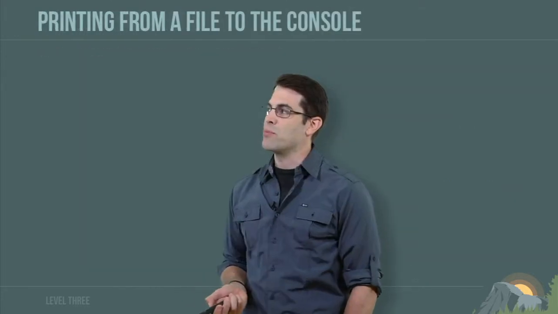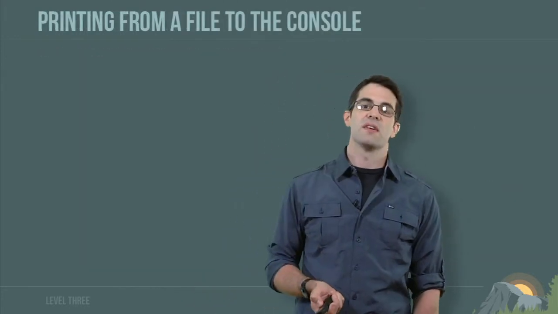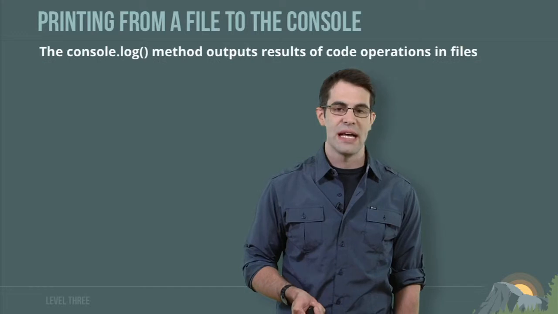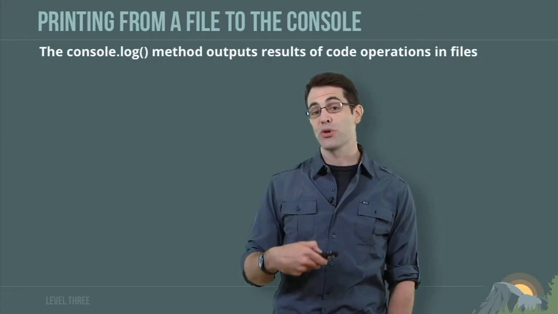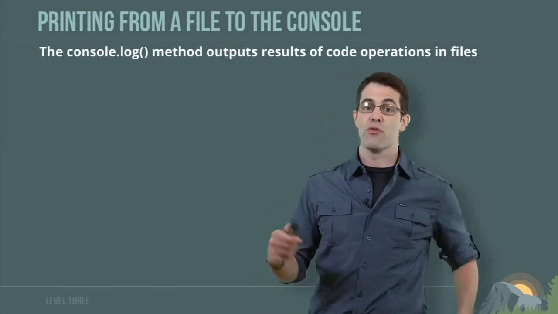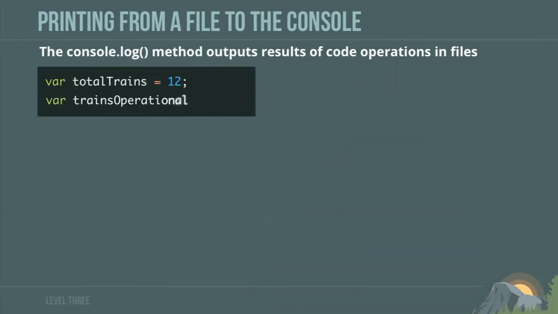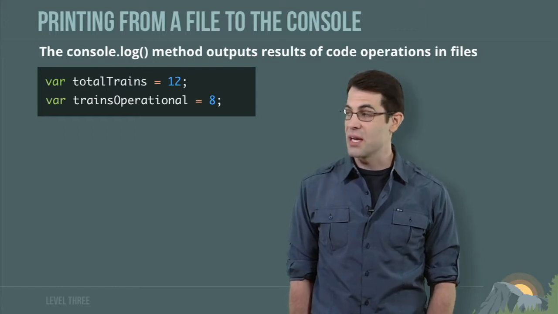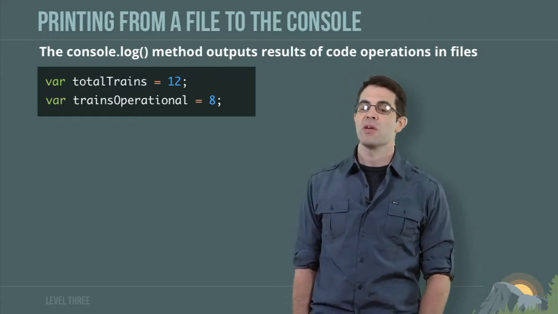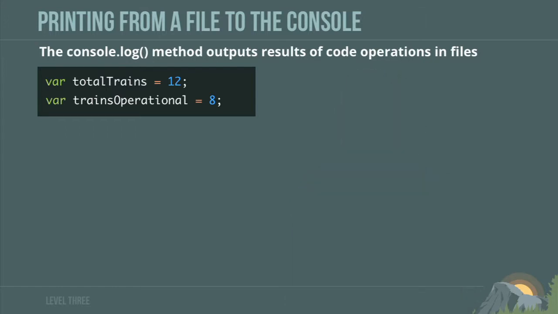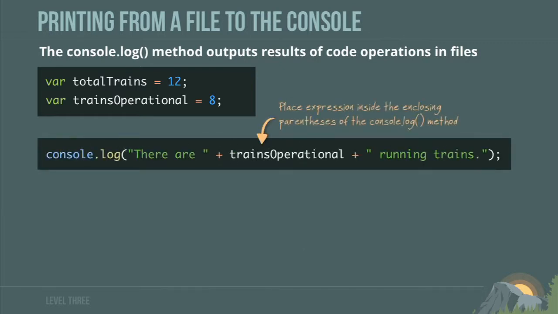So in order to print from a file to the console, we'll use this cool method called the console.log method. It's going to output the result of your code operations from your file to the console. So let's say in our train system we had 12 total trains, as we know, but we also have today 8 operational trains. If we wanted to build a message for the user on the console that told them how many running trains we have today, we could use the console.log method and place an expression that builds a string